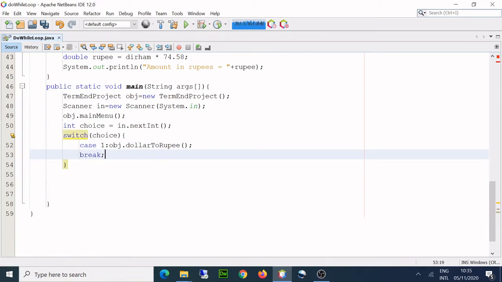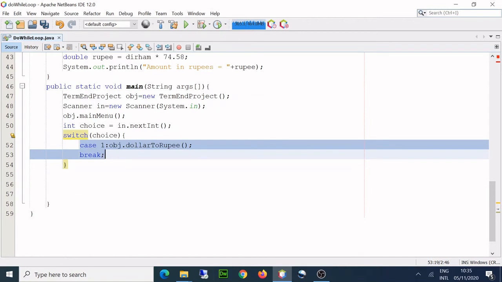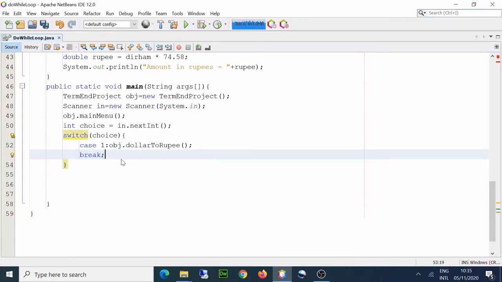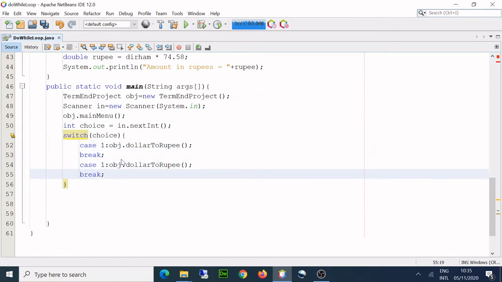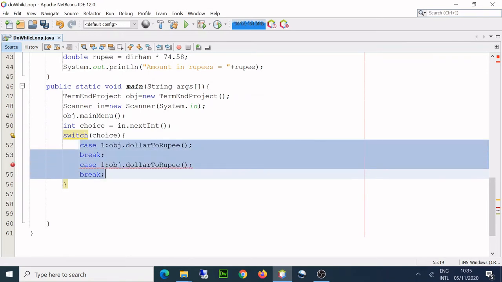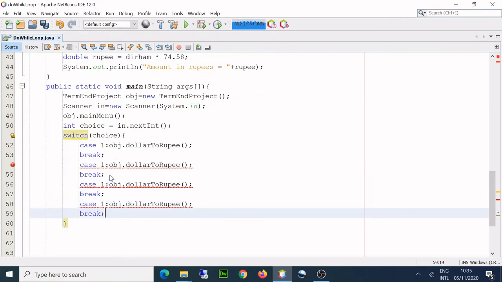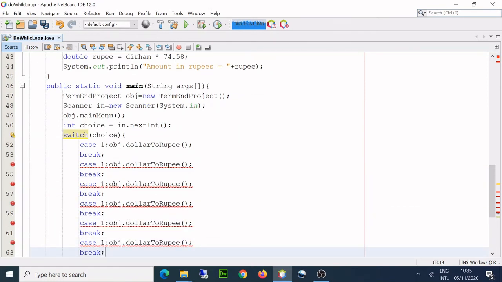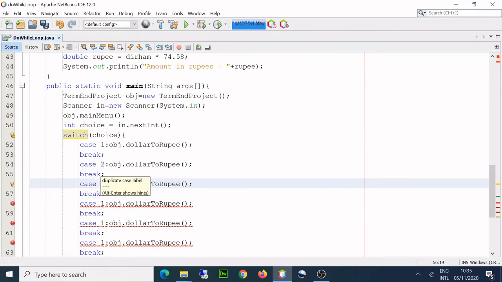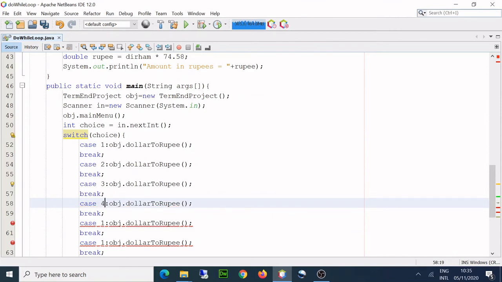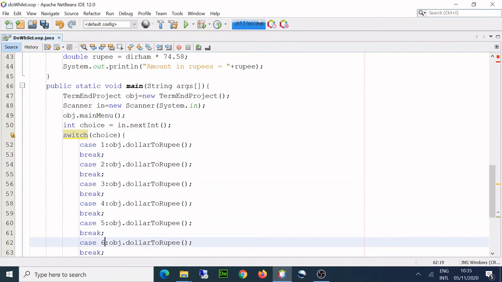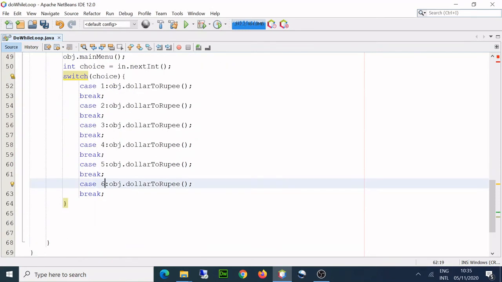I'll copy this again and paste it one more time. So case 1, then case 2, case 3, case 4, case 5, case 6. Why 6 cases? Because I have six choices there.